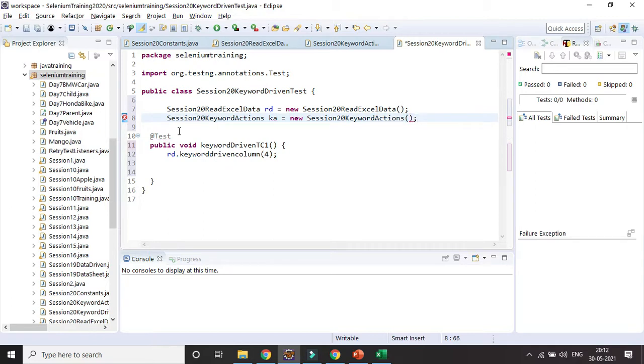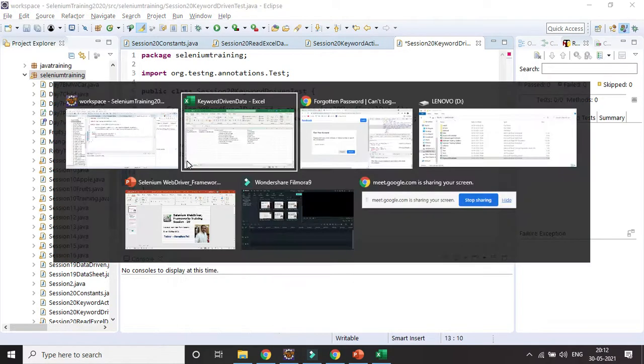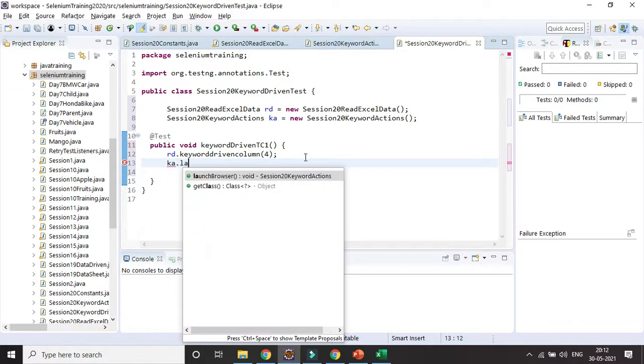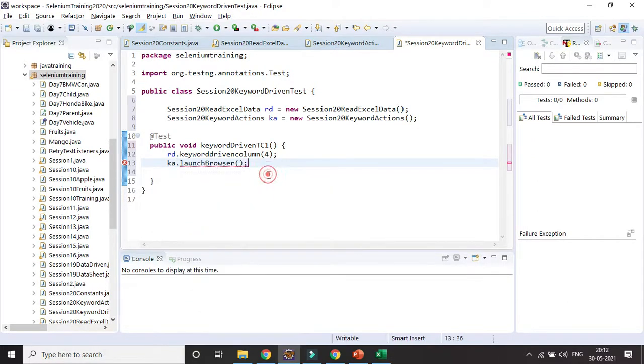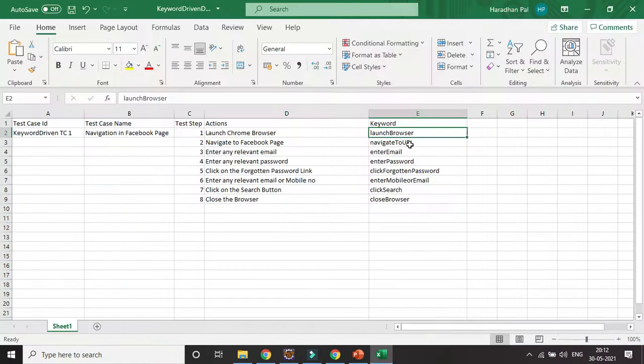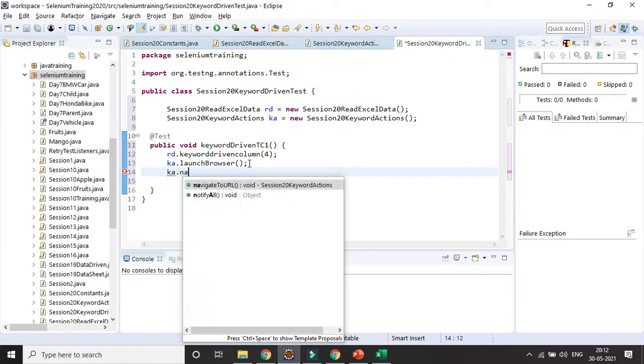Then keyword action dot, first thing will be launching the browser, so I will call dot launch browser. Then k dot, you can see all the methods come from the actions class, whatever you have written. Then navigate to URL, k dot navigate to URL.